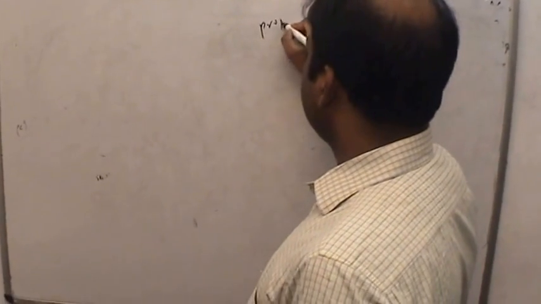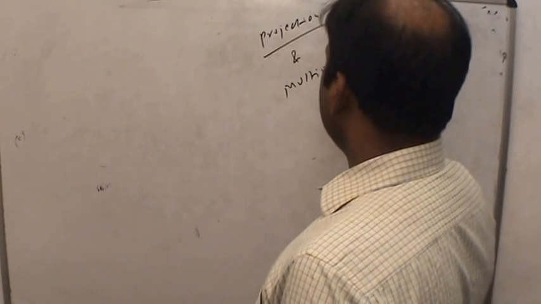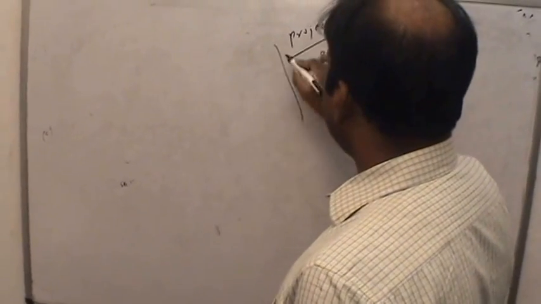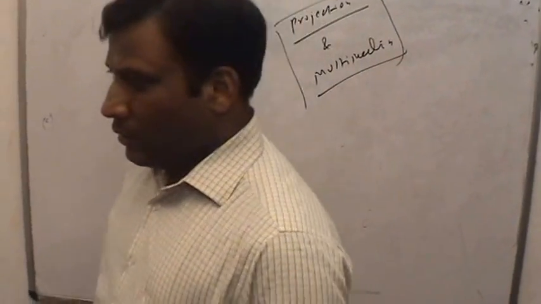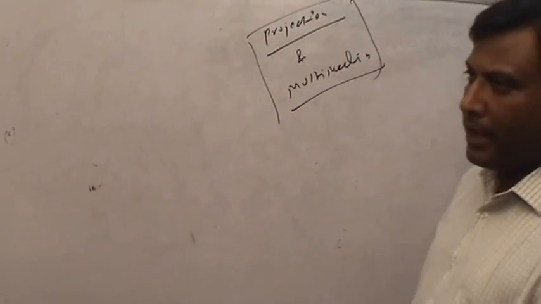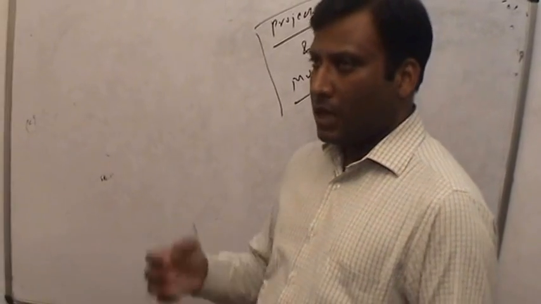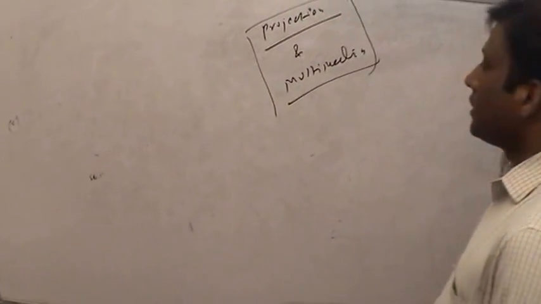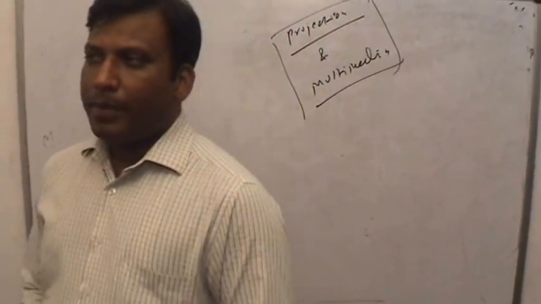projection and multimedia. Using projections, we can display the object on Cartesian coordinate systems, and we learn how we can project the value on a plane. Projecting a 2D object or 3D object is the study of projection: how can we represent, how can we project the value, and how can we display the object on a screen. And multimedia is a burning topic, and we have to discuss in the next class how we can implement